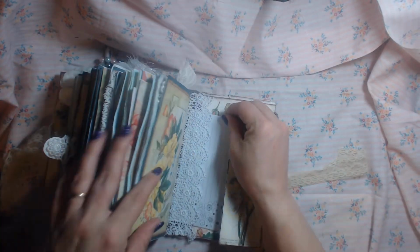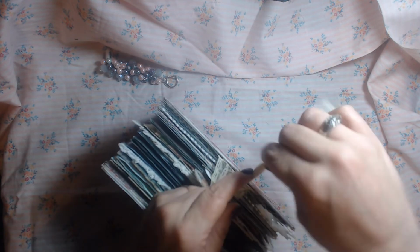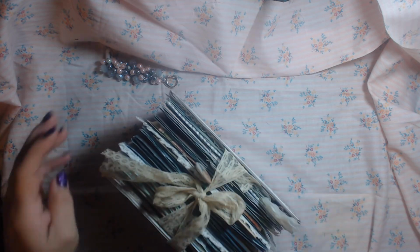Now, because I made this book so fat and I couldn't put any more in it, and I think it needs more tags, what I did was tie this up, and there's plenty of lace here to where you can grow in this journal. So let me set this to the side, and what I did is